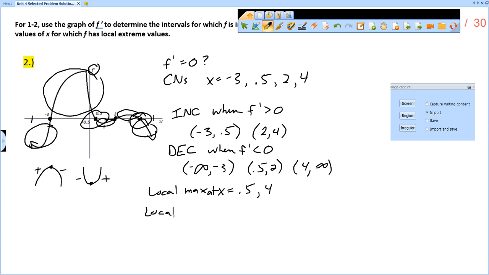All right. What about local minimum? Remember, a local minimum is when the derivative changes from negative to positive. So below the x-axis to above the x-axis. So at x equals -3, and then also here at 2. All right. And so that